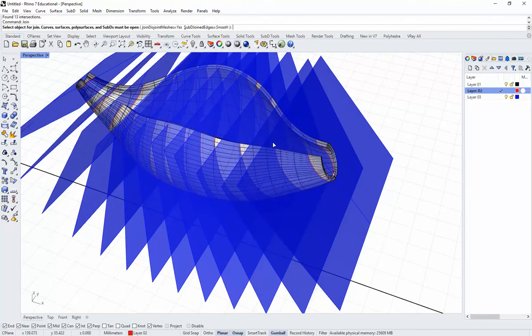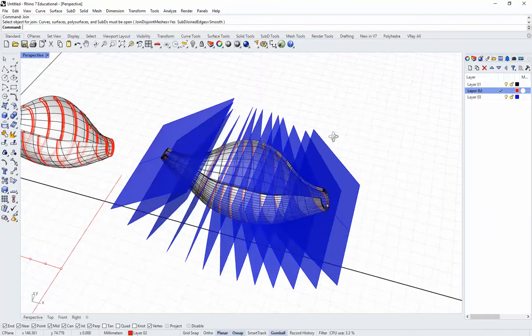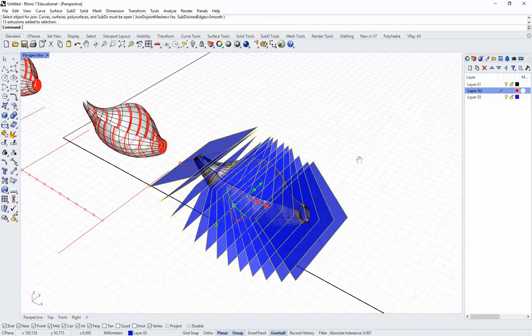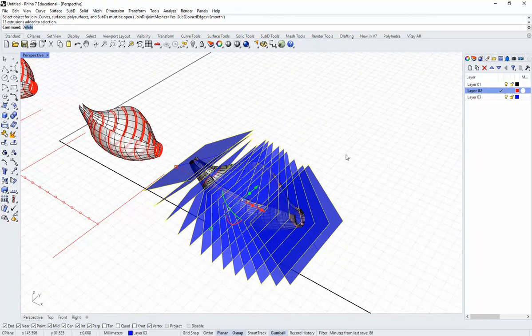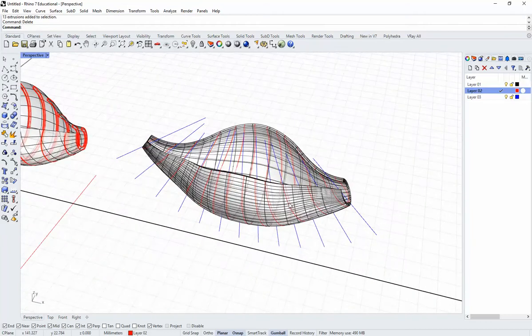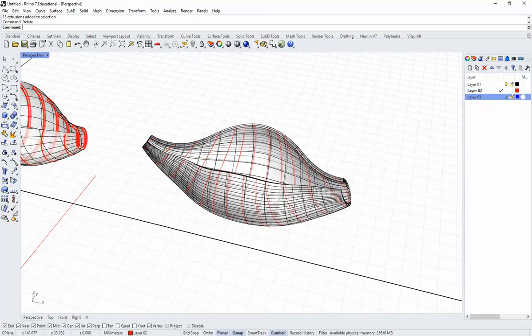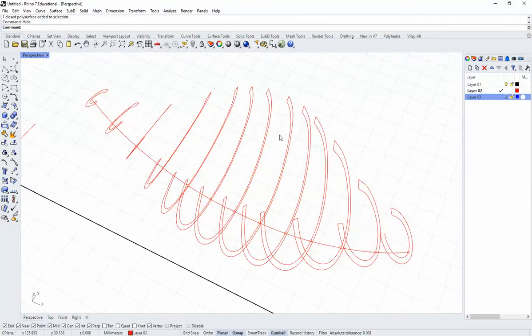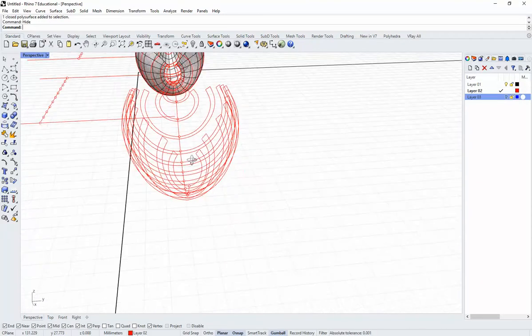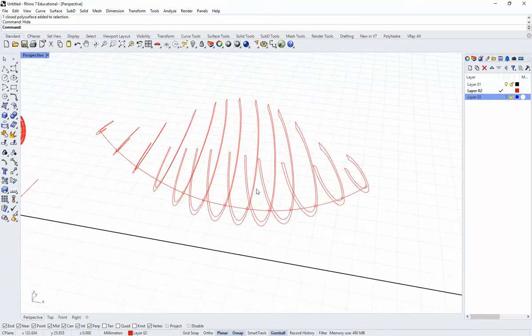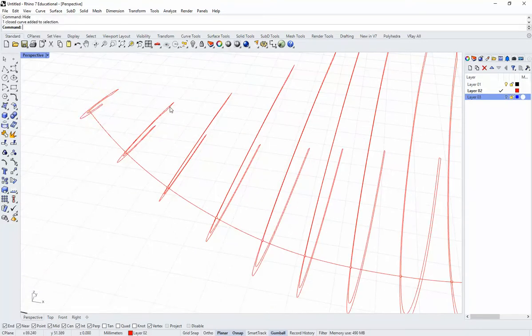Just going to join. The planes now, you might want to put these on a separate layer so you can turn them off. I'm just going to hide those. But it's good to keep your construction layers intact. All right, and there's our sections. I'm going to hide that as well to get a look at it. That's pretty nice. Non-parallel sections. These are all joined